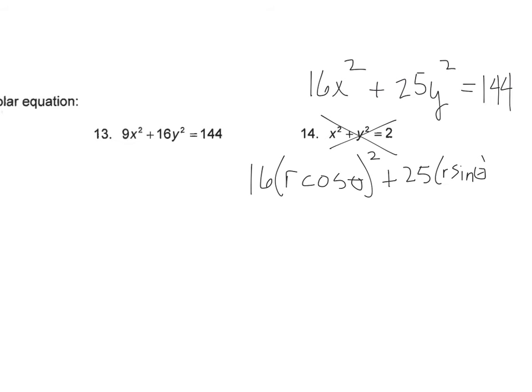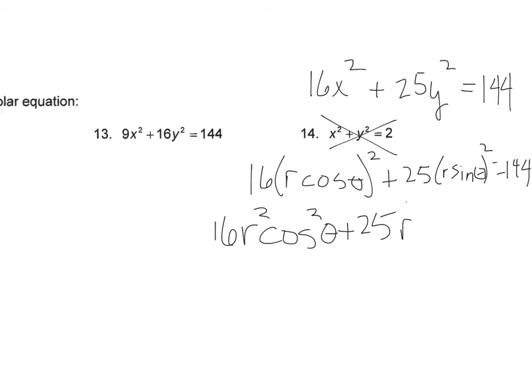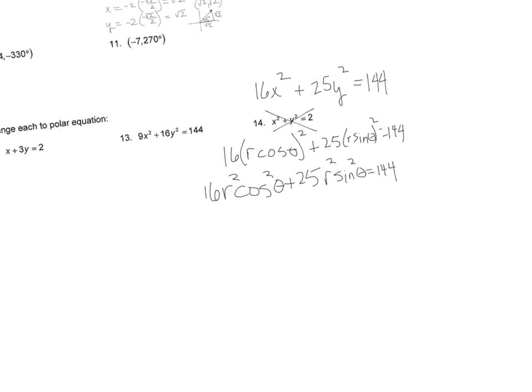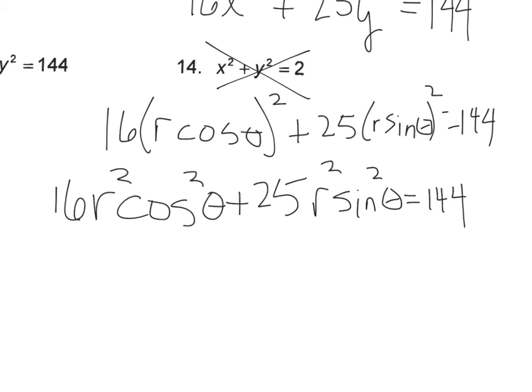I change it up because I want it to look more like the problem you have to do. 144. And then I have 16r squared cos squared theta plus 25r squared sine squared theta equals 144. And so we're going to factor out the r squared. So if I factor out the r squared, we end up getting 16 cosine squared theta plus 25 sine squared